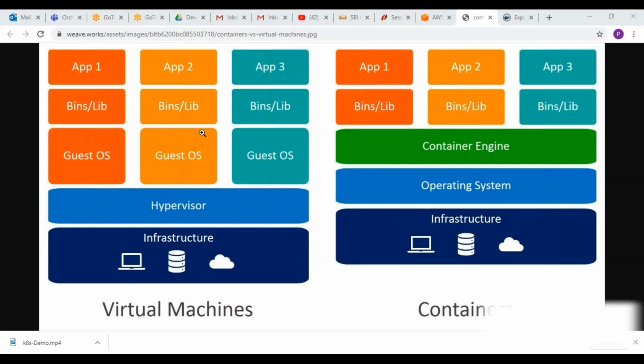It means isolation, right? Similarly, Docker is also providing the same thing. Application one, two, three, all these are independent of each other, isolation. So what is the major difference? Is it only the size of the application, or is there any other important difference?